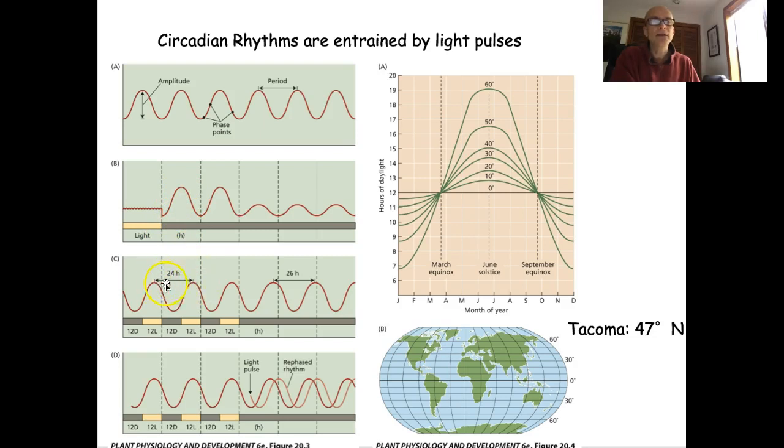The time doesn't usually change, but it can change a little bit, so that's the period here, when it's free running. But when it is entrained by an impulse of light, then that impulse resets this period every